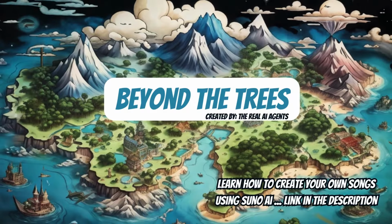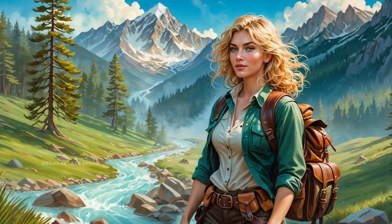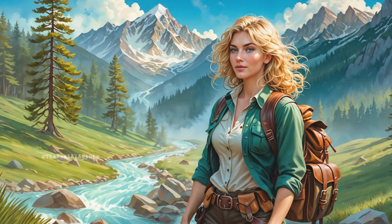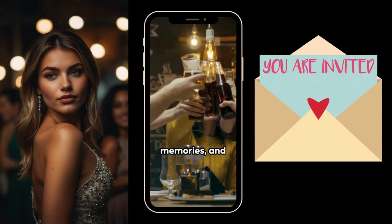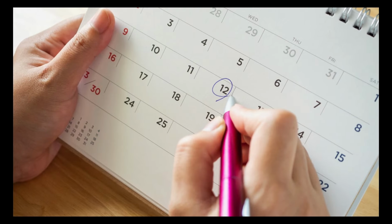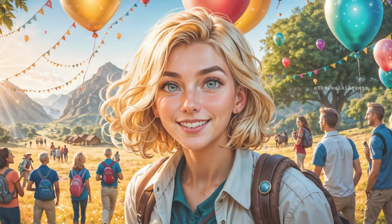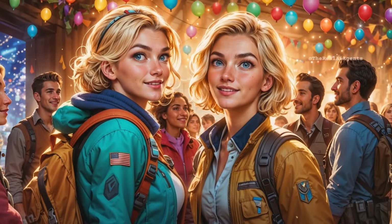Oh, she's got a map that's colored in dreams. Megan's leaving for the mountains, hear the streams. Invitations in her hand, a farewell so grand. Eight weeks with the wild, it's all planned. Family whispers, stay safe, dear. Friends with teary eyes clinging to